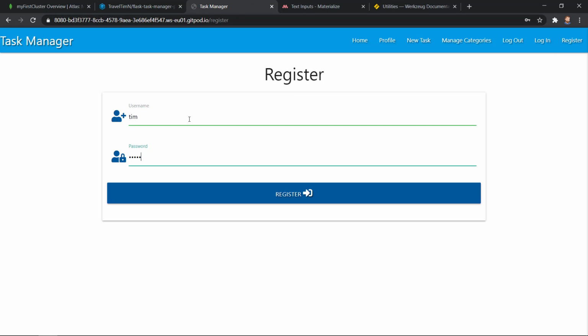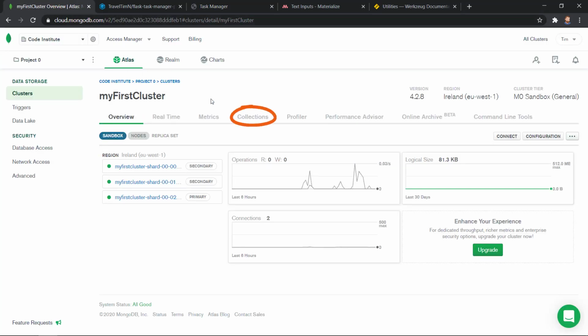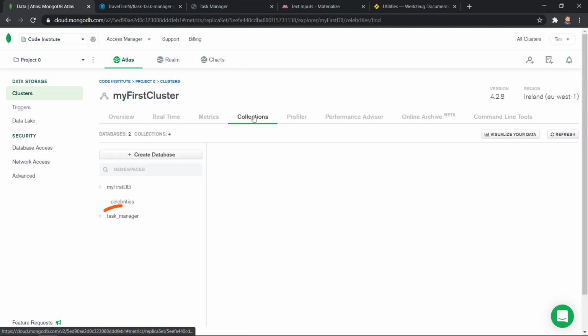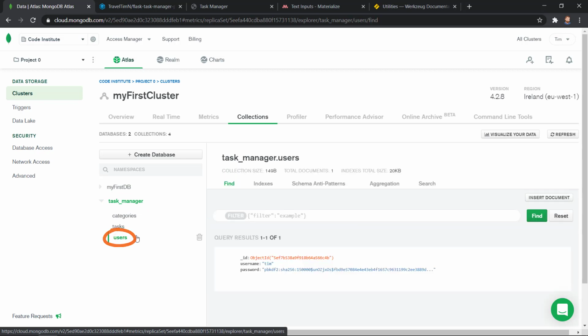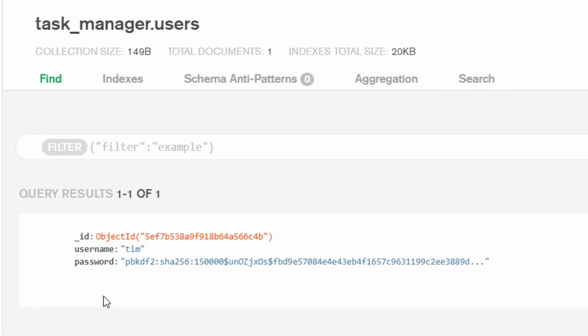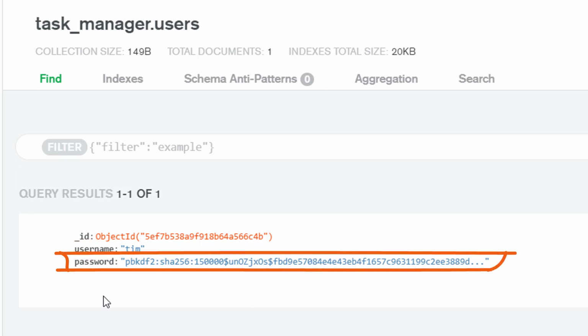Create a username, then a password, and click on the submit button. So far so good. No errors have displayed, so the form will submit and the page will reload. Let's go to our MongoDB page, and from within our cluster dashboard, click on the Collections button. Make sure you're on the correct database for the task manager, and then let's click on our users collection. Excellent. You can see that we now have one registered user added to our database. The username matches that of what I signed up with, but if you notice, the password is a rather long bunch of random data.